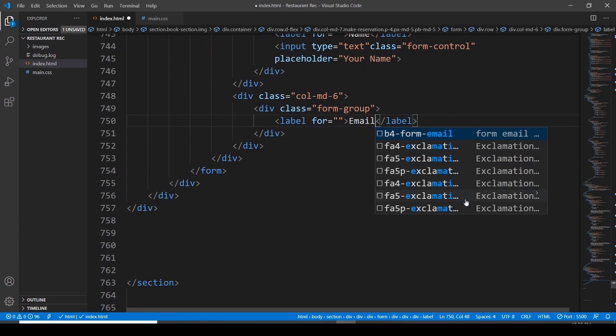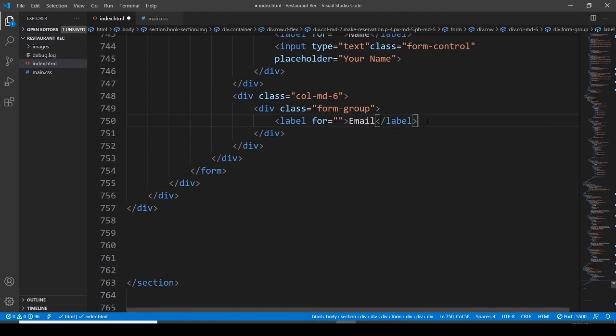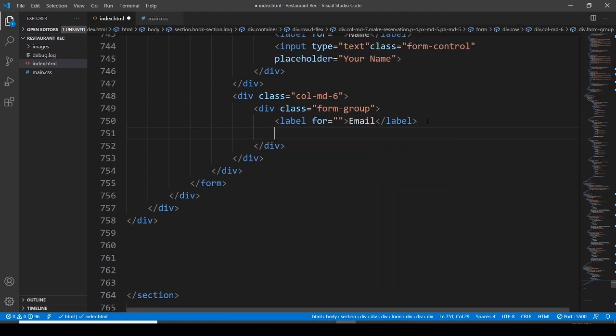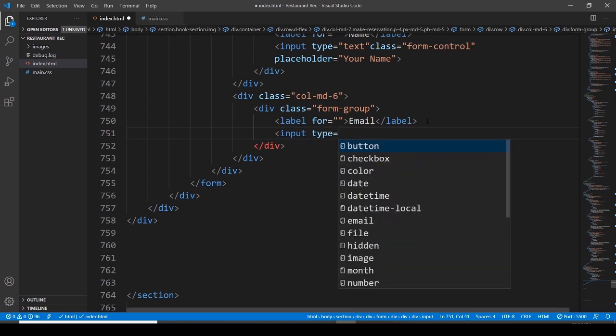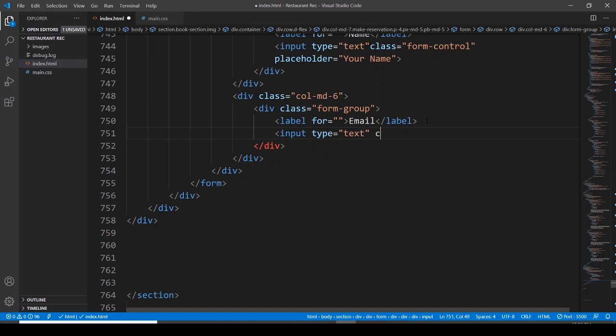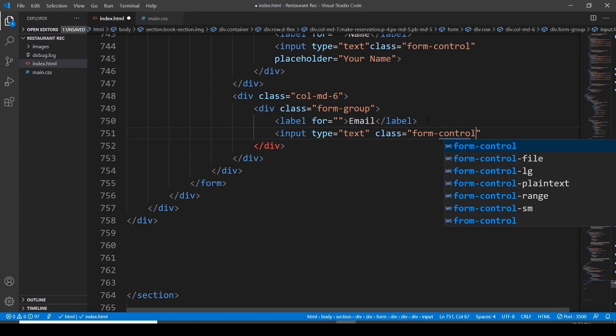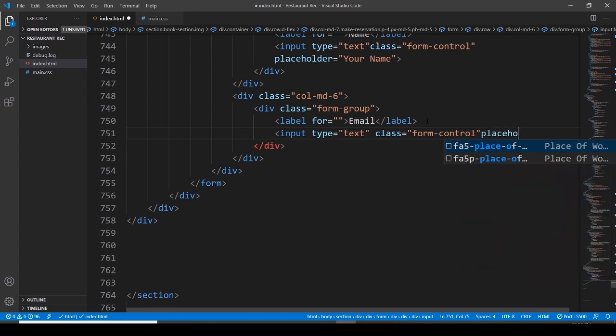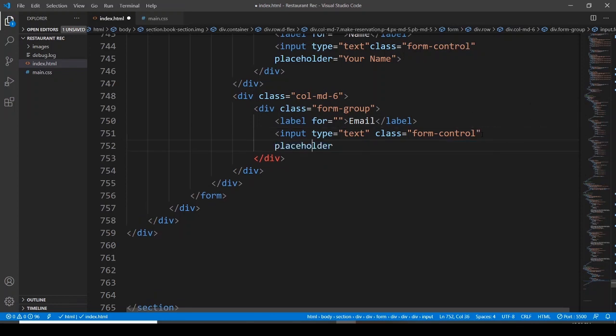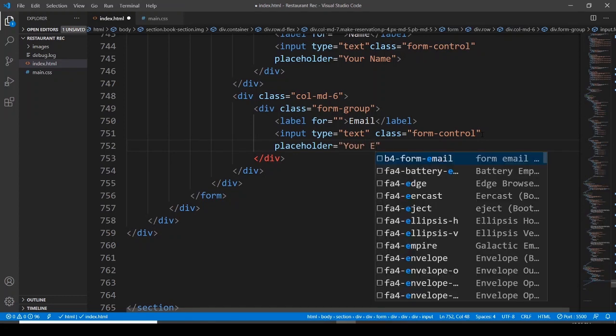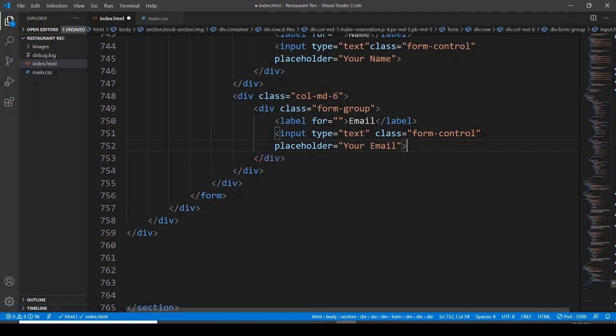Let me bring it here. Okay, email, and again input element. So the type of this input is going to be text. The class for this is going to be form control, then a placeholder, and the placeholder is going to be email or your email,